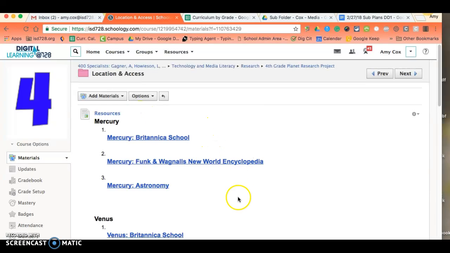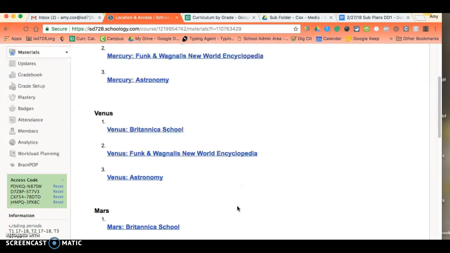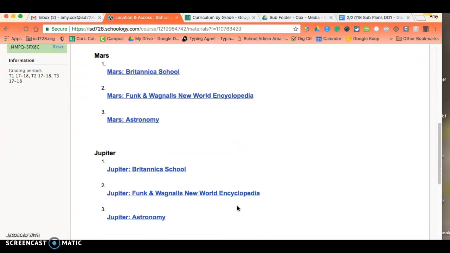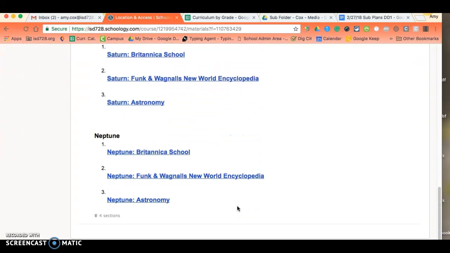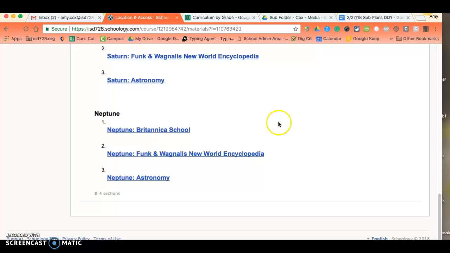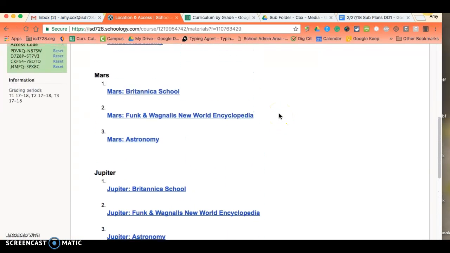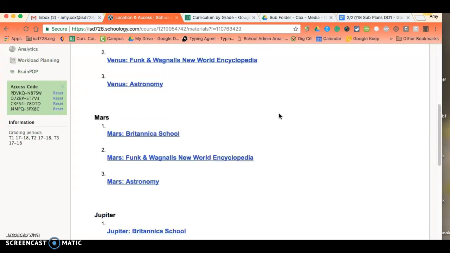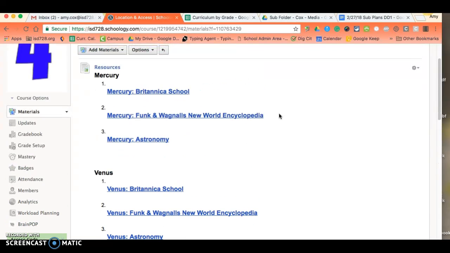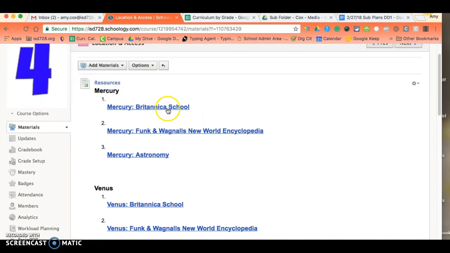The next step is going to Location and Access. In Location and Access, you will find sources that I have chosen for you for each one of your planets. These are database resources in the ELM databases. Find your planet. You will need to choose 2 of the 3 sources. Just like you would never check out a book without looking through it and making sure it was a good fit,